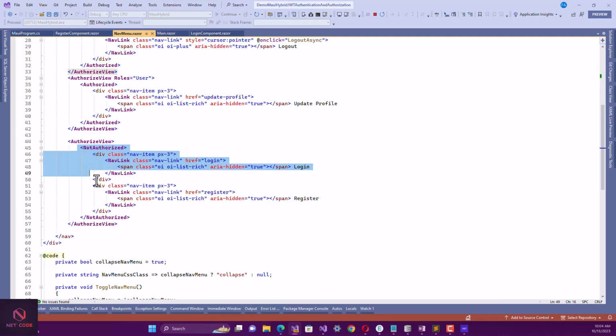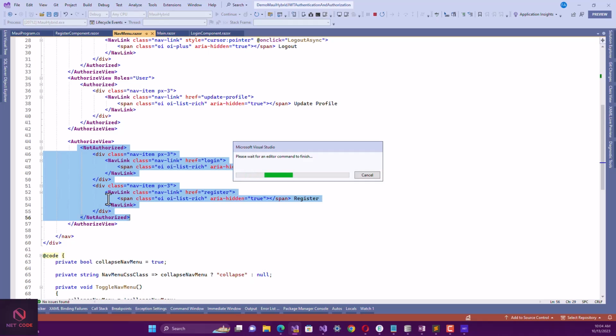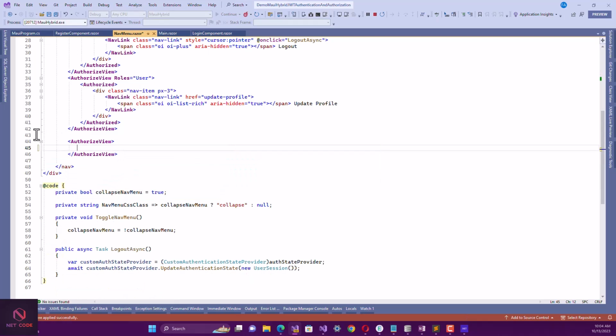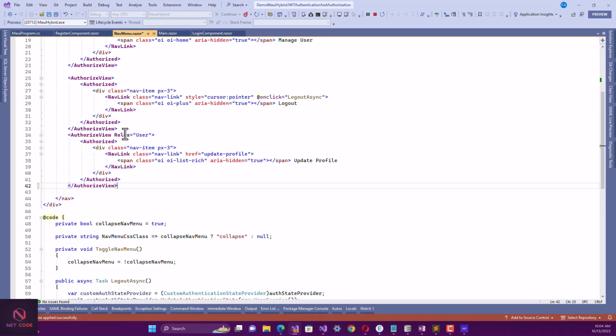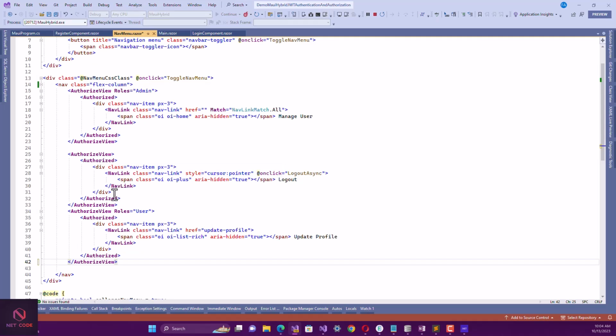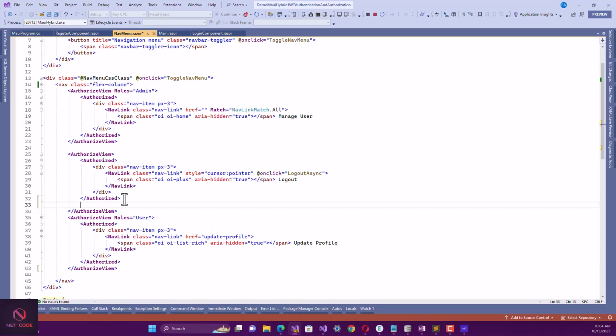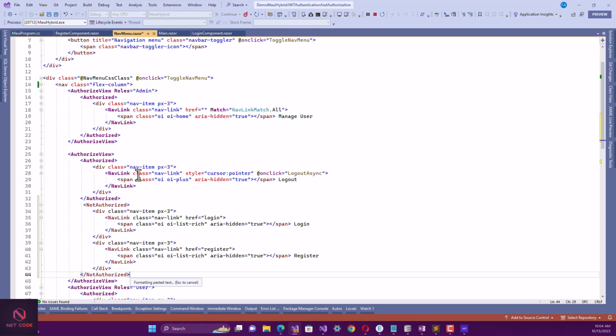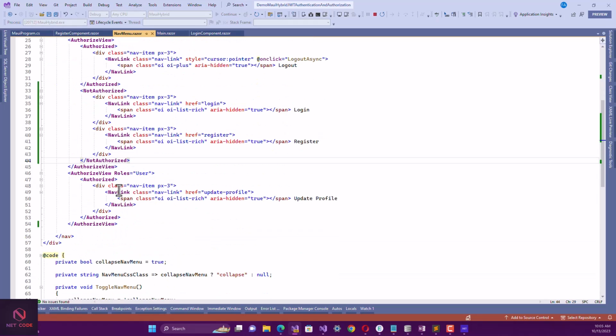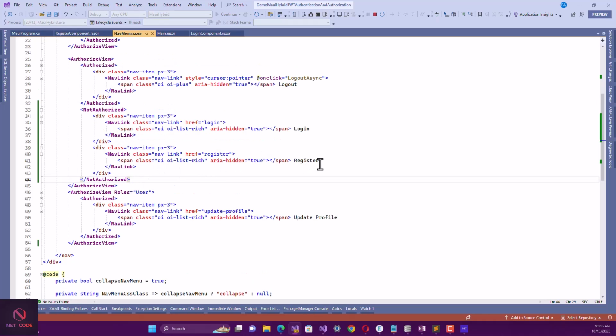So let's cut this here, and we can put it into the, so let's clear this. And now if you are authorized, see this. If you are not, then see this. Alright, then if you are authorized, maybe we can decide to add a name over here. So we can add a label to this, but let's see where we can add that. We can even add one. So when we have this logout,